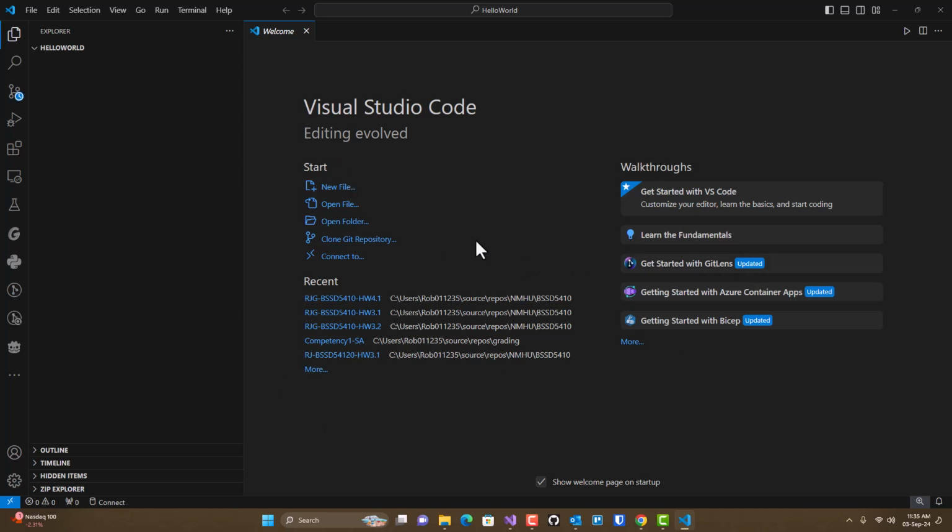This welcome page shows you what's here. It gives you some links to some help files, recent things you've opened. So you can look through these walkthroughs. Sometimes those can help you out. And it gives you some common actions that you do when you start. Notice that one of the start items is open file. But because of the way we just opened this by right-clicking and saying open up Visual Studio Code, notice that